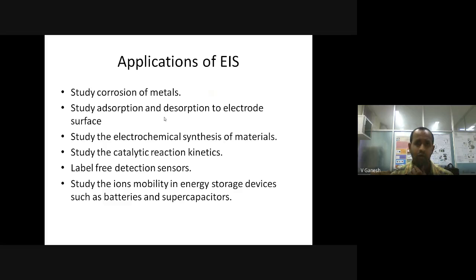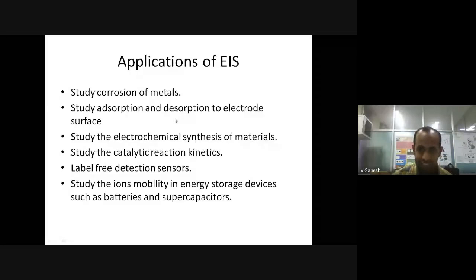Now, why do we do electrochemical impedance spectroscopy measurement? This kind of impedance measurement arises because of the need to understand very fast electron transfer kinetics. As I mentioned, you can vary over 10 power 12 orders of magnitude of change, so that you are able to understand many different processes, starting from corrosion, adsorption, desorption, even material characteristics like conductivity,